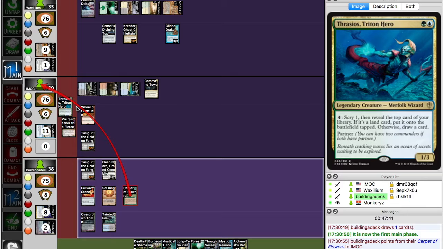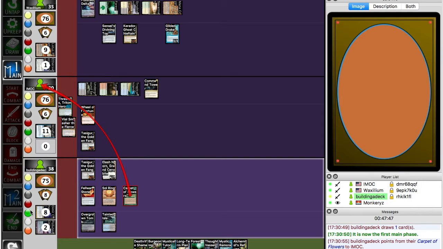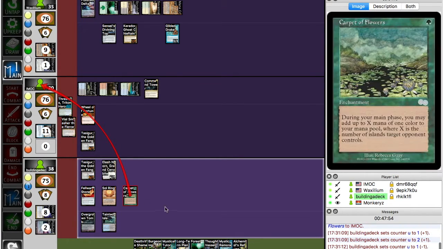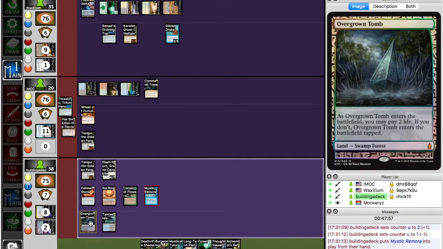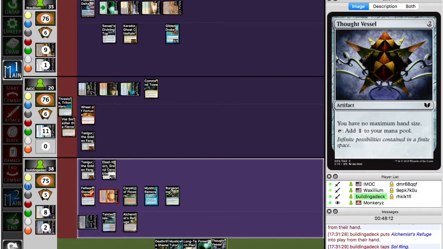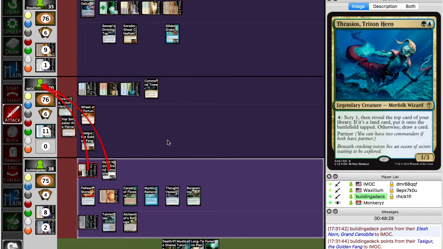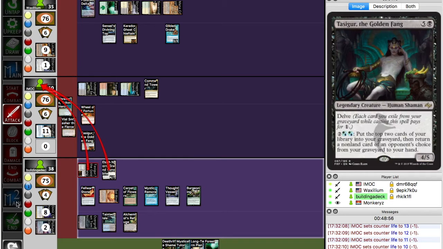In real life, I drew a forest. So I get 2 of what color here? Let's go blue. So we can go 1 for the Mystic Remora. Alright, so he takes 10 damage. And combat...